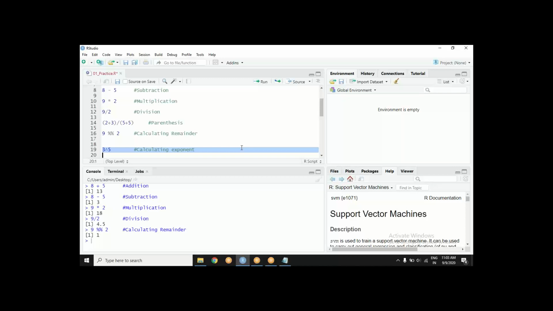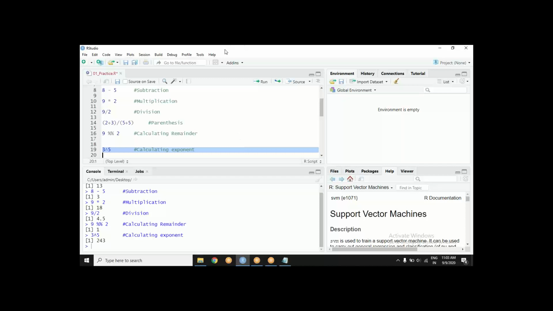So 3 to the power 5, what should it be? Do you know? Could you figure this out by yourself? Okay, maybe not. So verify. Obviously you have seen that R is working as good as a calculator. So far so good.